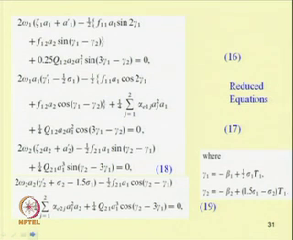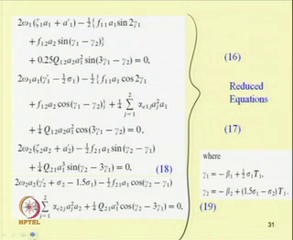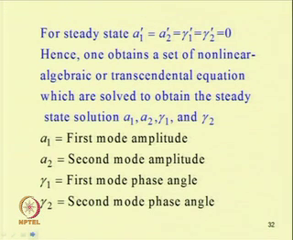So, these are the reduced equations we have already written. For steady state, as A and gamma, that is the amplitude and phase, are not functions of time, we can substitute these terms equal to 0. Hence, one obtains a set of nonlinear algebraic or transcendental equations which are solved to obtain the steady state solution. So, one can obtain the steady state solution A 1, A 2, gamma 1, gamma 2 by solving those transcendental